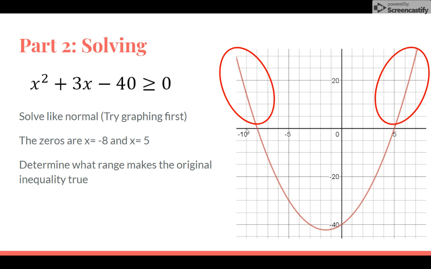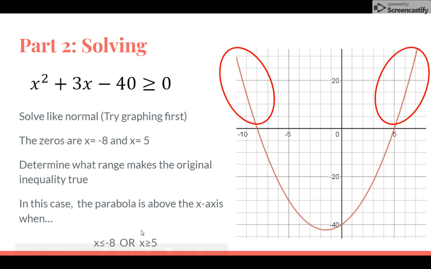So if I picked x is -9, well, that would also make the inequality true, as would -10, and so on. Same thing over here. 5 would work. 5 would make it greater than or equal to 0, but so would 6, and so would 7, and so on. So anything in these ranges ends up actually being part of my solution set. And because I've got these ranges where the parabola is above the x-axis, my final answer ends up being x